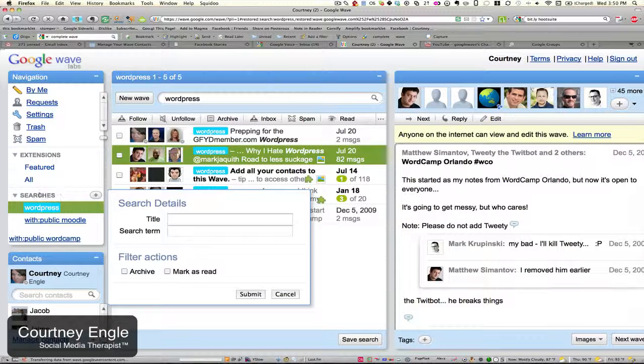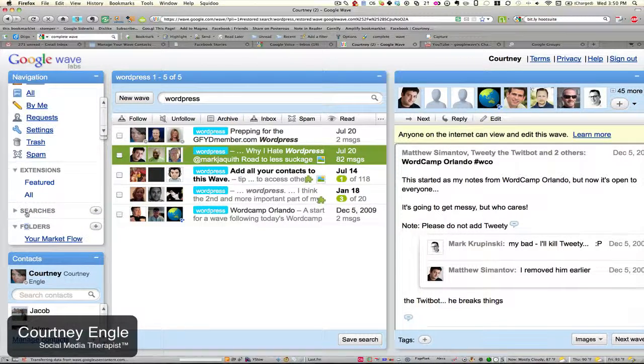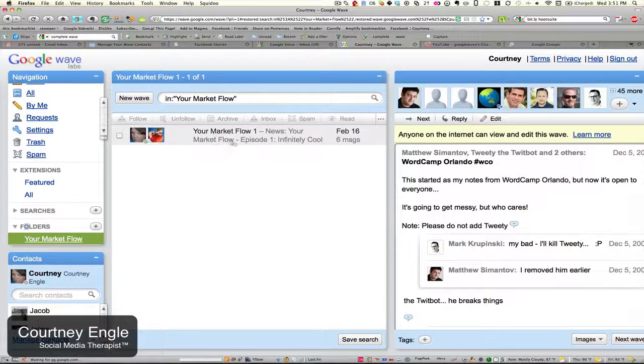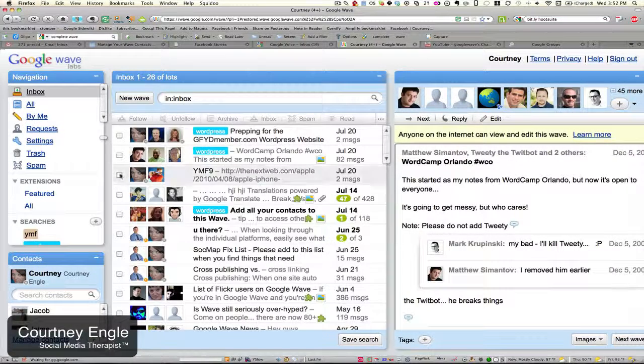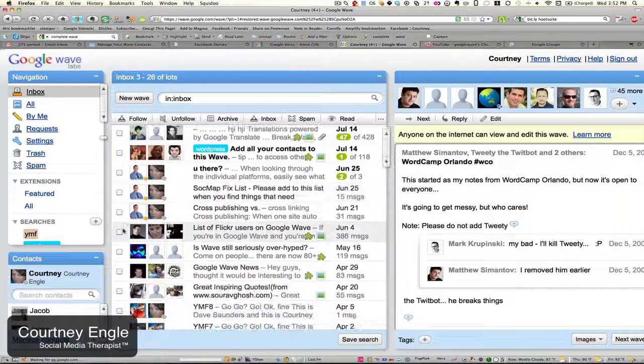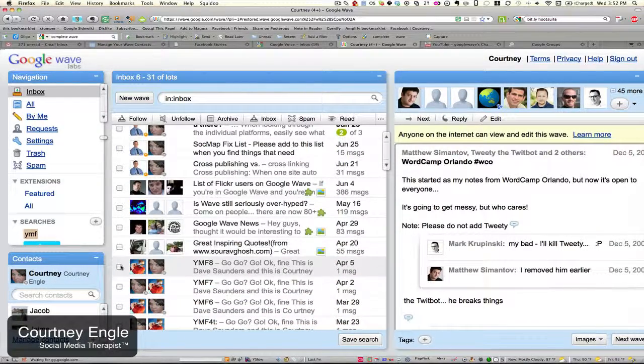And when you need to, you can minimize this as well. And you also see that you can create folders. So I have a folder for a podcast that I run. And right now I have one episode of that show in that folder. So if I were to go through my inbox and select the episode of YMF, which is podcasts that I am a part of,